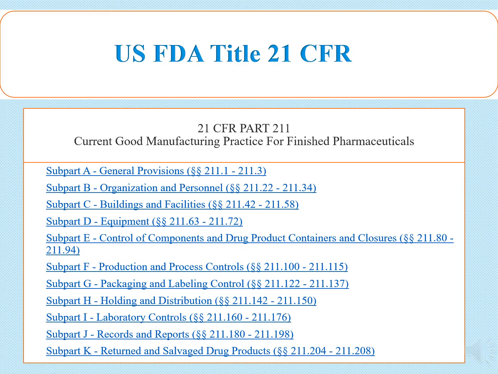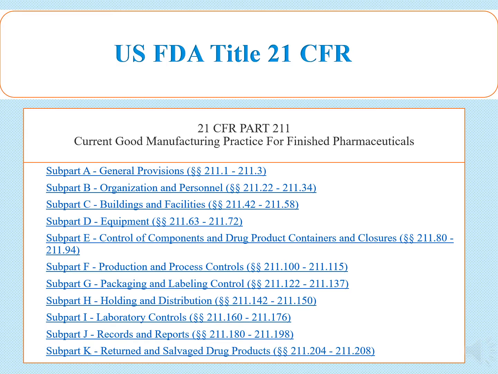Subpart C, Buildings and Facilities, 211.42 to 211.58. Subpart D, Equipment, 211.63 to 211.72. Subpart E, Control of Components and Drug Product Containers and Closures, 211.80 to